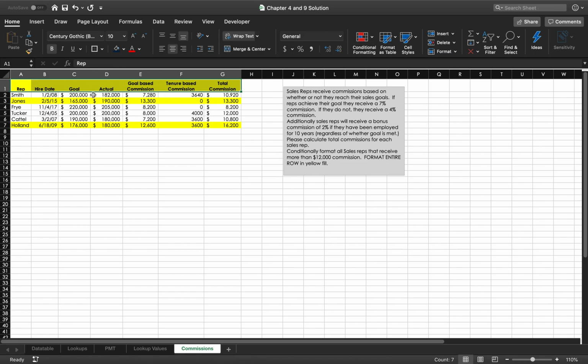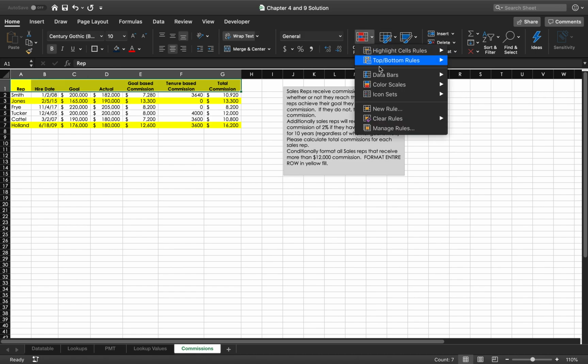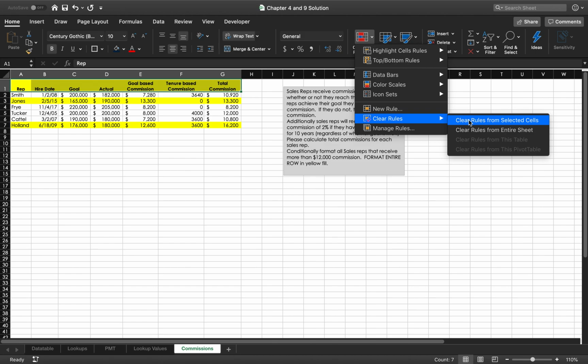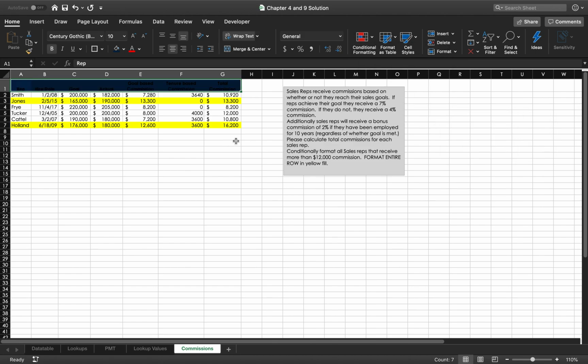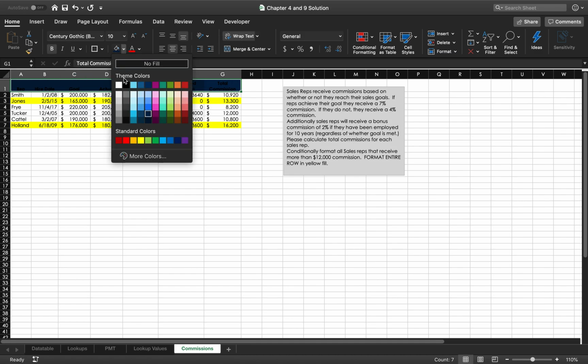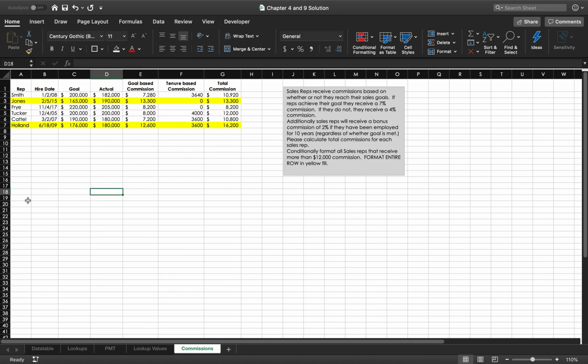So simply I'll highlight my headers, go up to conditional formatting, and I'm going to say clear rules from selected cells. Now it is highlighted blue because that's the last thing that I clicked on. I'll go back and hit no fill so it comes up and I can read it. That's all there is